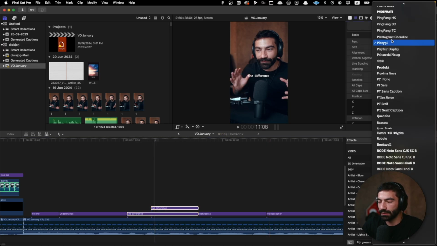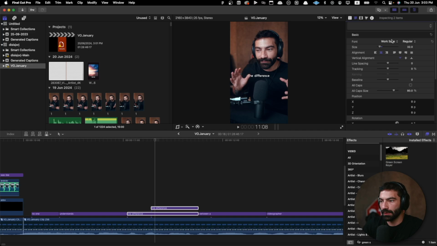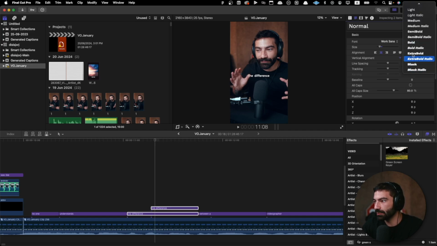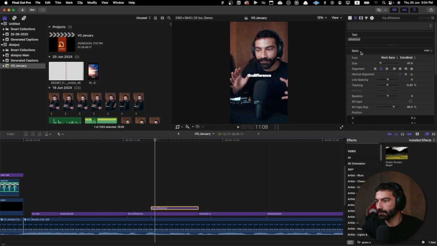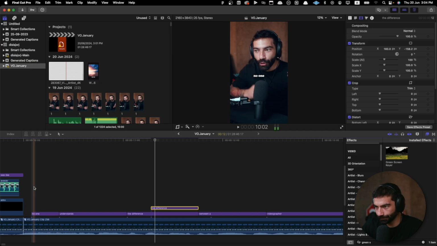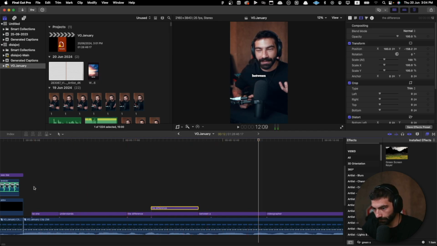Actually, let's change even the captions, since the reason why I want to change the captions is because no one understands the difference. So if I were to highlight the script, I would highlight the difference. This is the main point, right? So, since this is indeed the main point, let's exaggerate it a bit. That looks about right. No one understands the difference between a